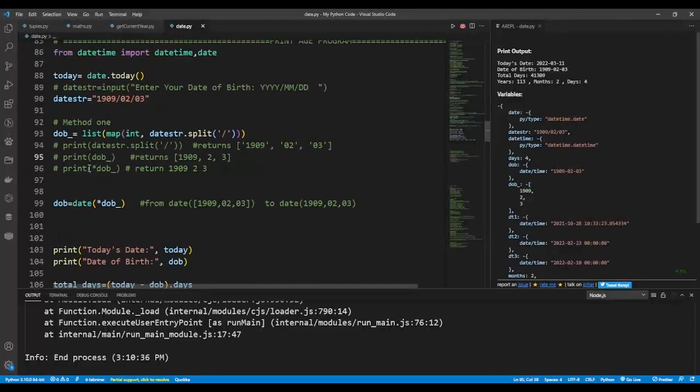And what we now did was we created a date using that list of integers, and we put an asterisk before the list of integers. What the asterisk does is that it creates a date. Instead of inserting the list completely inside the date class, it's going to spread it into the date